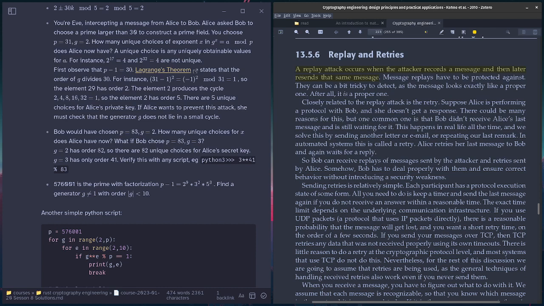The question is, you're Eve intercepting a message from Alice to Bob. Alice asked Bob to choose a prime number larger than 30 to construct a prime field. So we'll cover this a bit in this week's section. Bob is tasked with choosing the prime that they're going to operate over, and Eve, intercepting the message on Bob's behalf, acting as a man in the middle, is going to choose a sneaky prime. And the sneaky prime she chooses is 31,